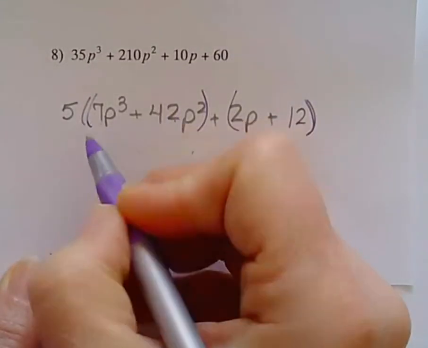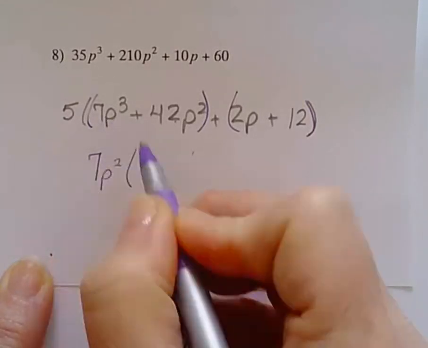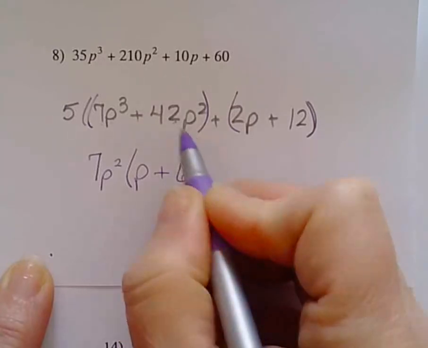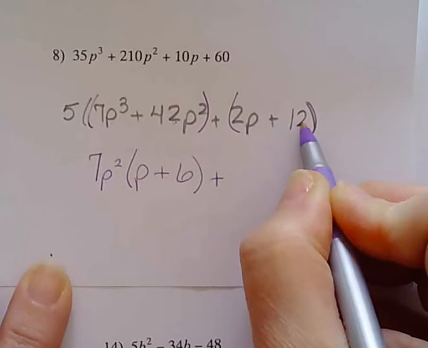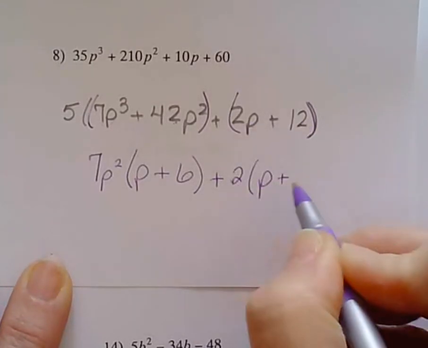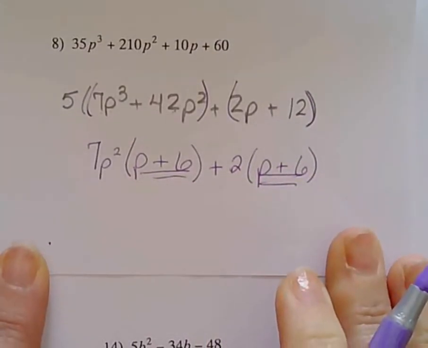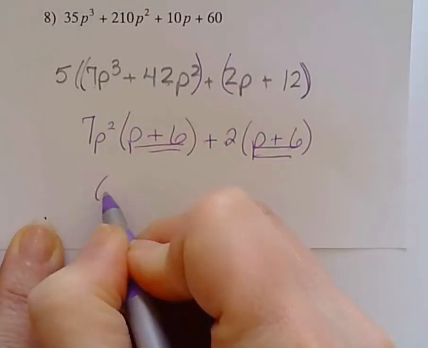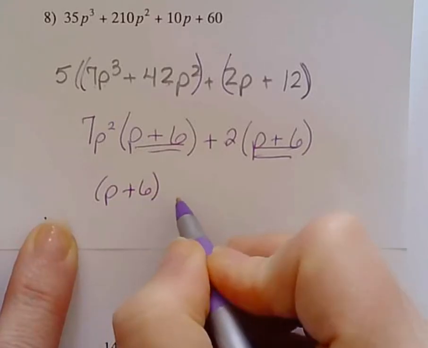Something common here, 7p squared. P plus, divide out a 7, 6p squared came out. Bring down your plus, pull out a 2. When you divide a 2 out, you get p plus 6. Hey, it's the same thing here and here. We have to have that as far as grouping goes, and when that happens, that becomes one of your terms, p plus 6. And over here, we're going to have